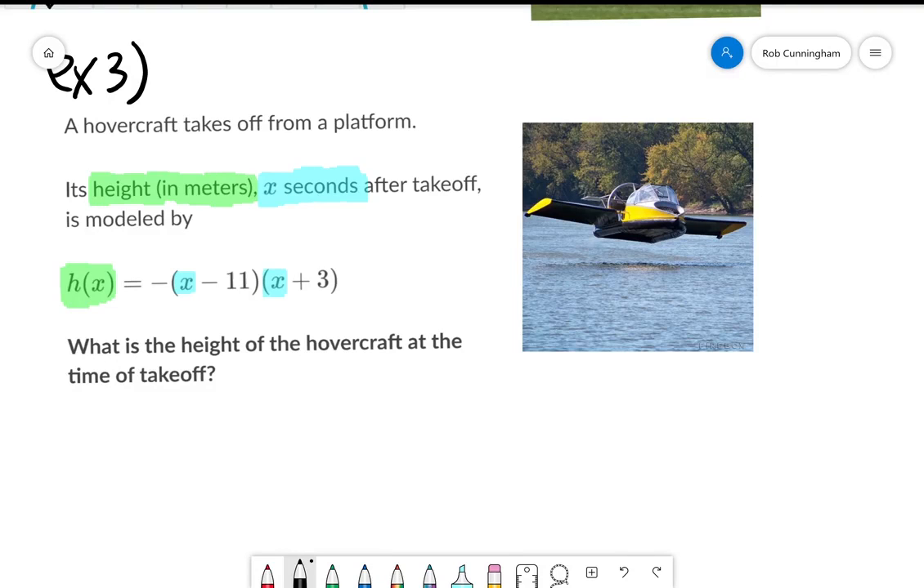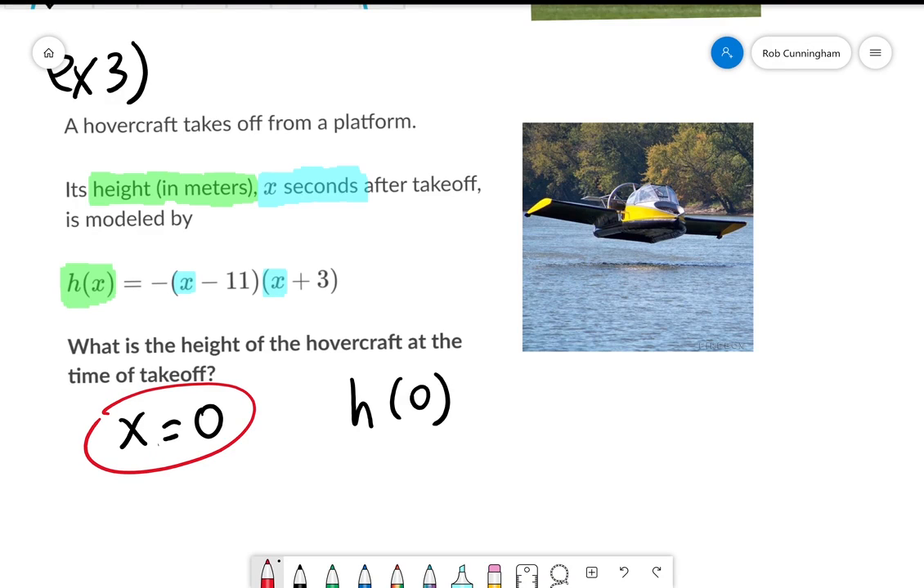Well, at the time of takeoff, assuming that that's where we're starting our timer, that's going to be time equals 0 again. The moment the hovercraft takes off, we hit that stopwatch, so to speak, and it starts at 0 and then begins climbing up. Although in this case, I guess we're using x instead of t. I generally prefer to use t for time instead of x, but we'll use x instead, that's fine. So all we have to do is plug in x equals 0 and figure out what h of x is. H of 0, note that it's h of 0 instead of h of x because x is 0. I'm just taking out the x and putting in a 0 wherever I see it,